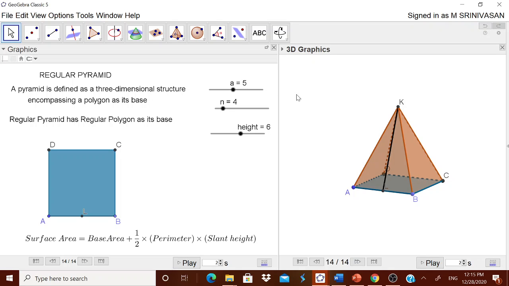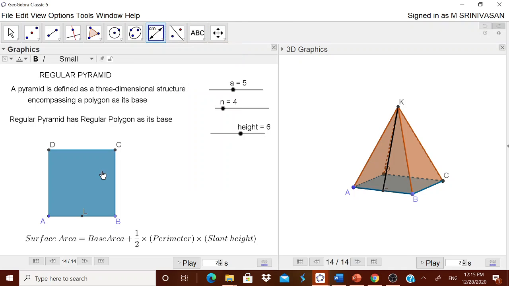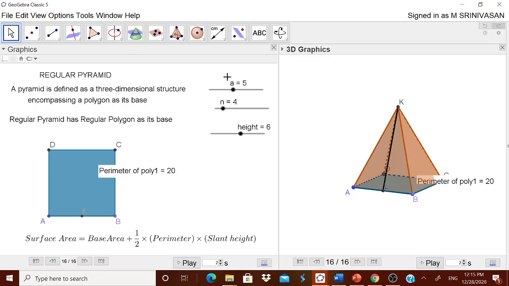We need the formula. Okay, therefore go for this perimeter. How to get the perimeter? Very simple. Go and then click it. You got the perimeter. It is 20. You know that 4 into 5. Therefore 5 into 5, 6 into 6 and so on. Okay. Now let us try to